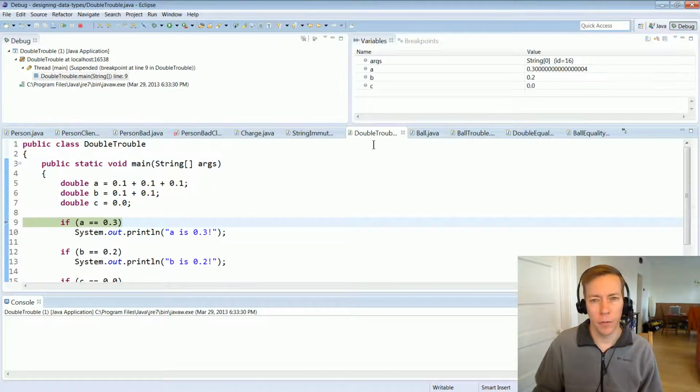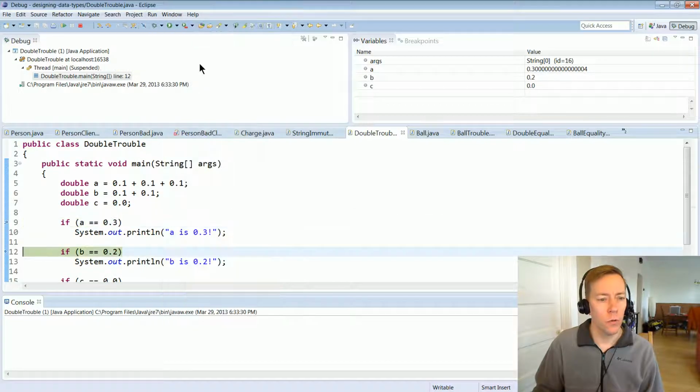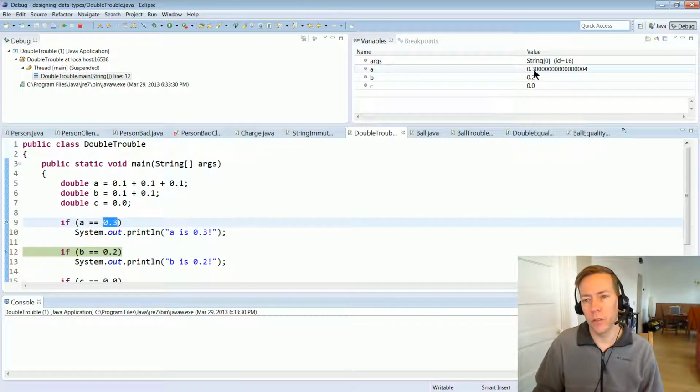All right, we're running double trouble, so we can see here. You can already see the problem, right? A in the debugger output here is almost 0.3, but it's 0.3004. All right, we're close, but no cigar. And if we step over, we see we skipped that line because this thing is actually not equal to 0.3, with a 4 on the end. All right, they had to approximate these floating point values, and as a result,